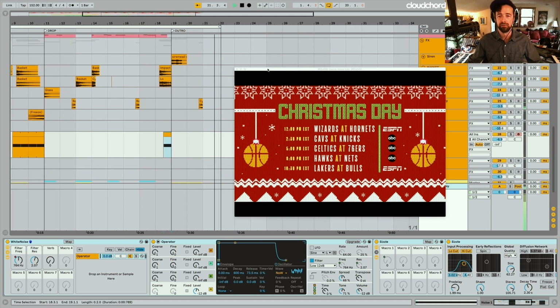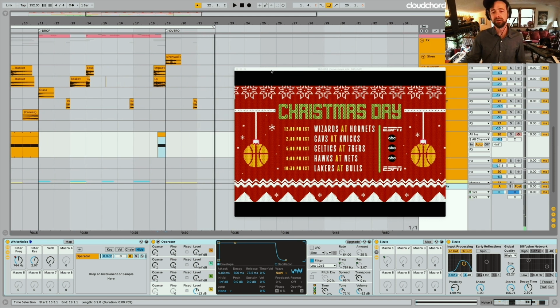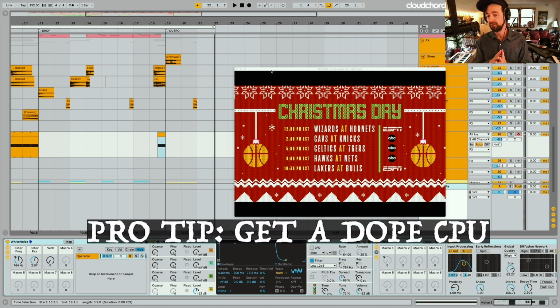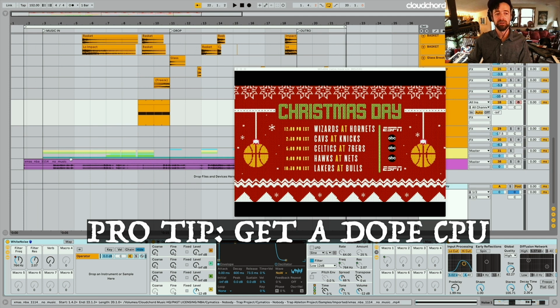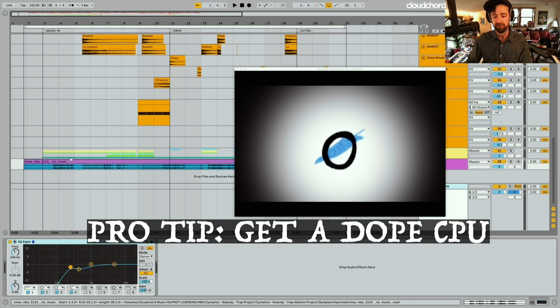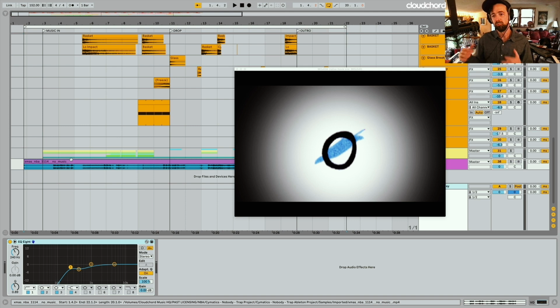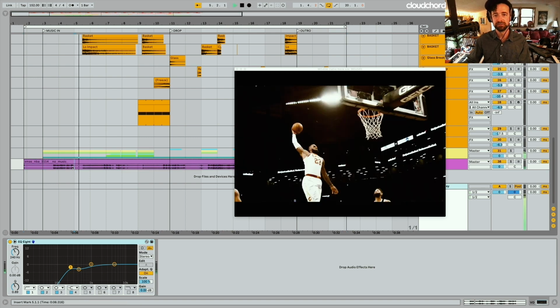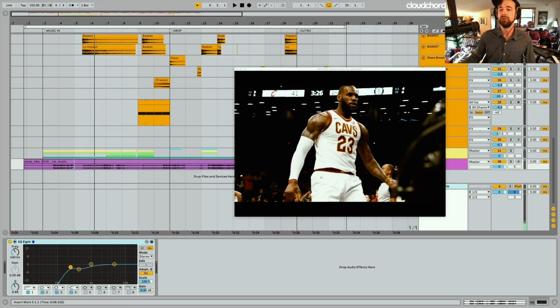Cool. So as you can see, little things make these visual projects go forward. So if you're working on some kind of visual, number one, having a computer that is strong enough for you to work with video in Ableton Live is a huge game changer. Because you want to have a rig that moves quickly enough so you can sync things like this and your audio and video are accurate.